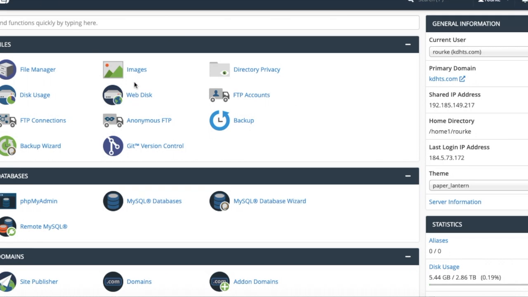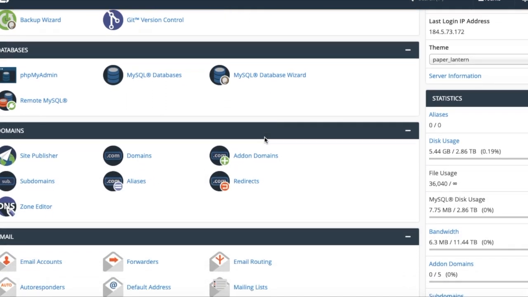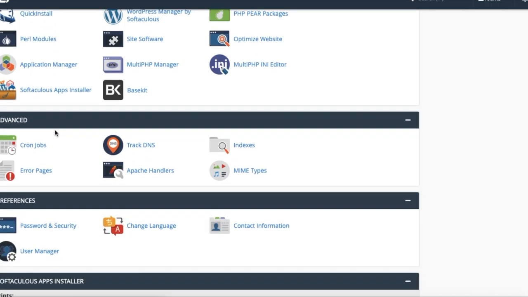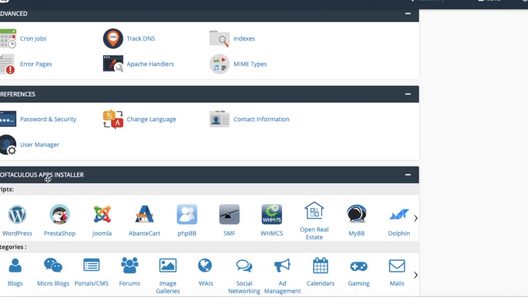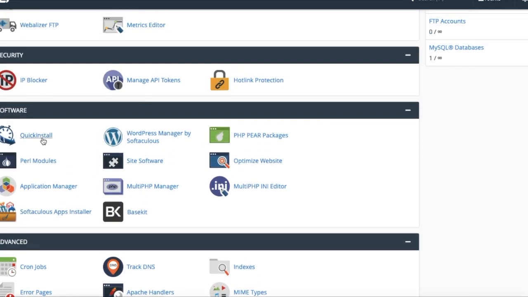So once you're in your cPanel and logged in, they should give you a username and password to be able to log into your cPanel. You're going to see this screen. You're going to see the file manager, all these good things up here, but you're going to want to scroll down. Typically, it's closer towards the bottom. On mine, it's under Software, and it's also under Softaculous Apps Installer. As you see, WordPress, so you can choose any. I'm going to go under Quick Install,